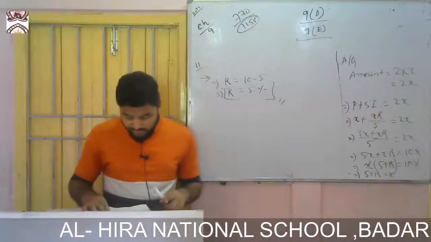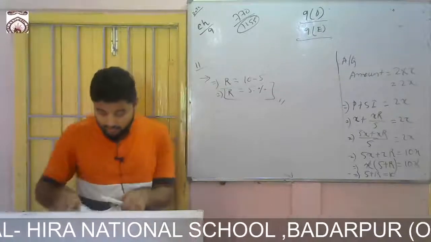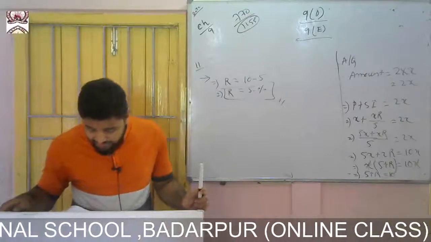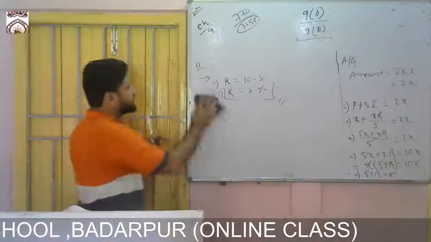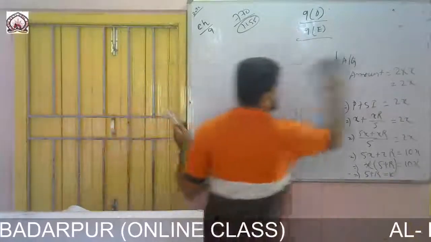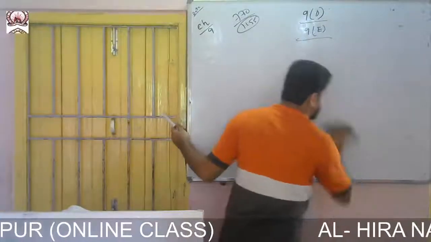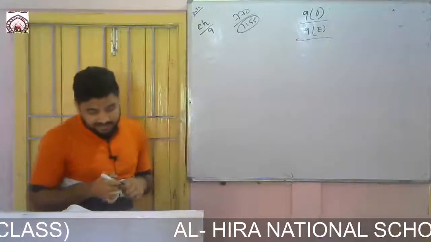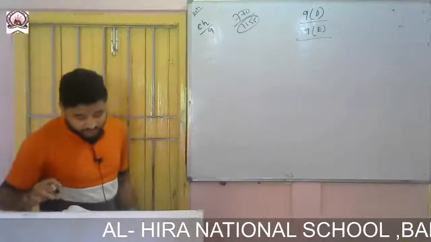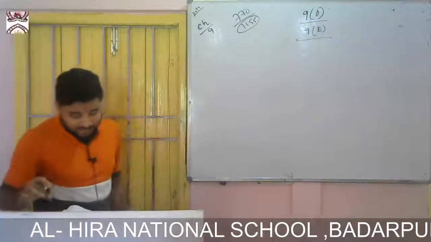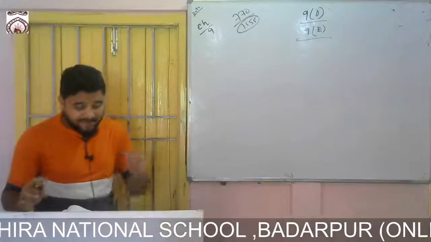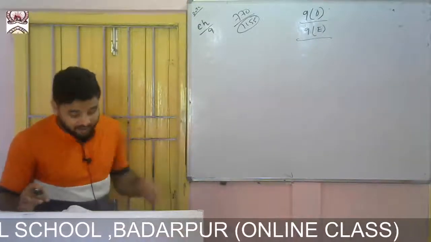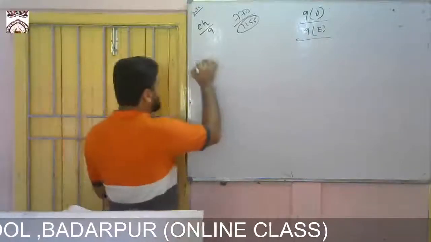And in 2 years it will be the time. Find the rate percent per annum. Okay, let me show. See what is there. Given principal equals 250, and the next one will be the amount, because rupees 250 amounts to rupees 285. So the amount is 285, and the first one is the principal.